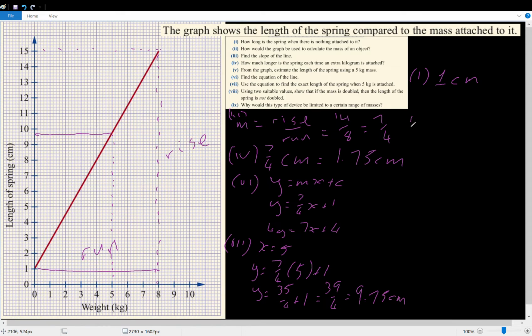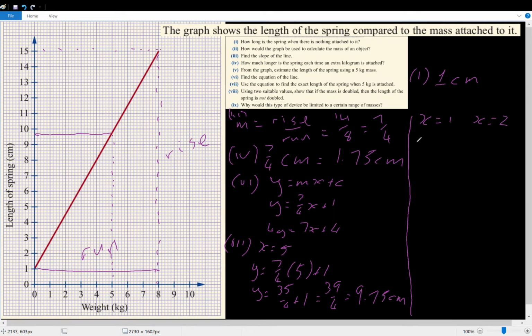For part 8 of this, we are asked to use two suitable values and show that if the mass is doubled, then the length of the spring is not doubled. In other words, we've got to pick two x values, one that is twice the other, and show that even though the x value doubles, the y value does not double. Our easiest two values to choose are going to be x equals 1 and x equals 2. You could use 2 and 4, or 3 and 6, or 5 and 10, but they're much larger numbers,